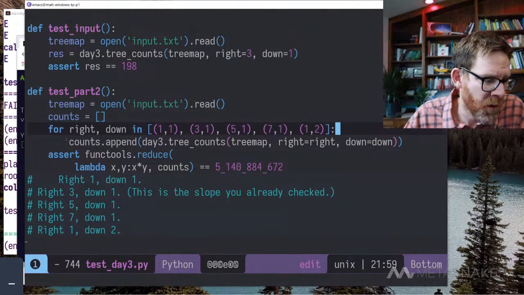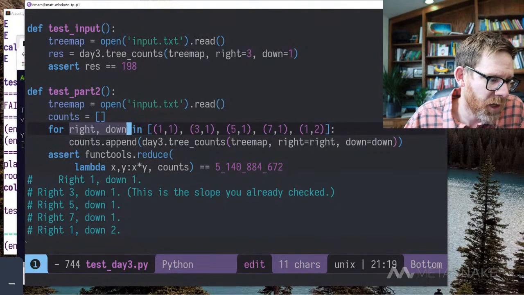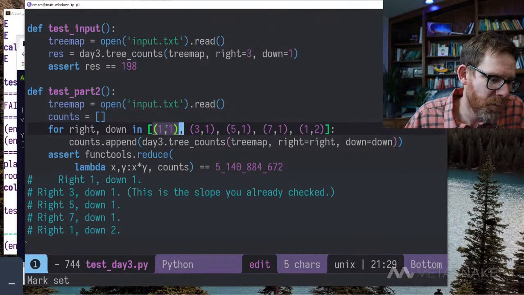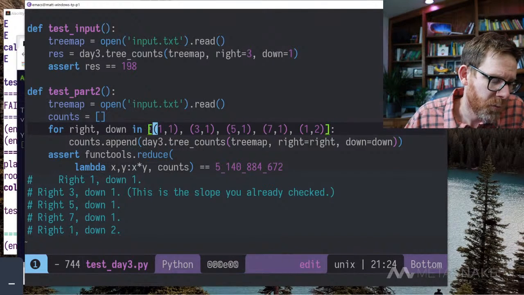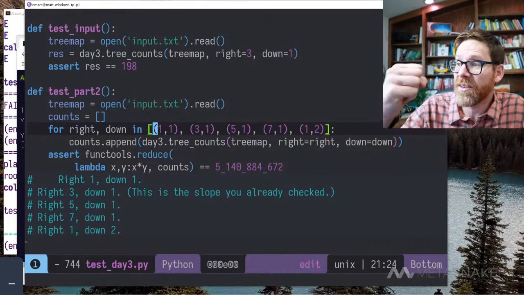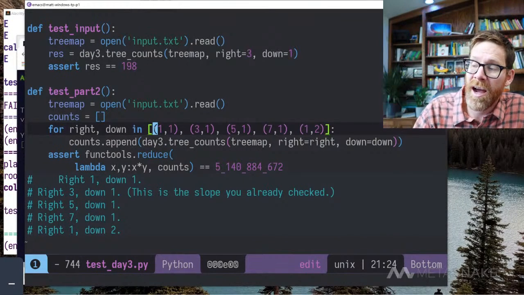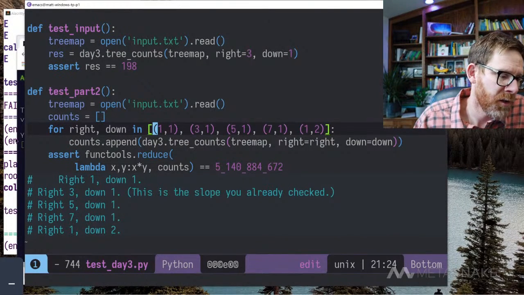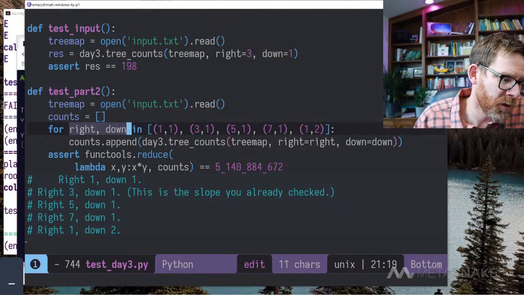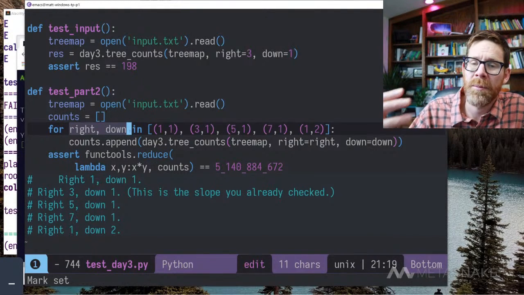We looped over them. We use this nice feature of Python called unpacking here. Because we have a tuple, we're looping over each tuple, right? So we're looping over this list, and that's giving us every item in the list. In this case, the items in the list are tuples. And rather than just making a single variable pointing to the tuple, we're doing what's called tuple unpacking directly in